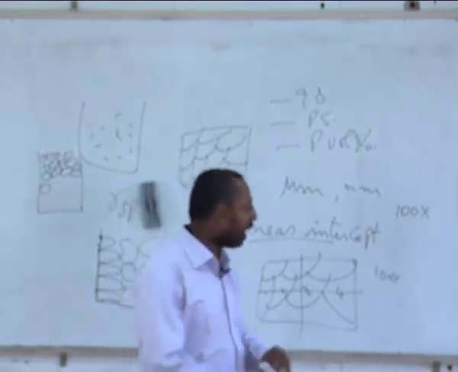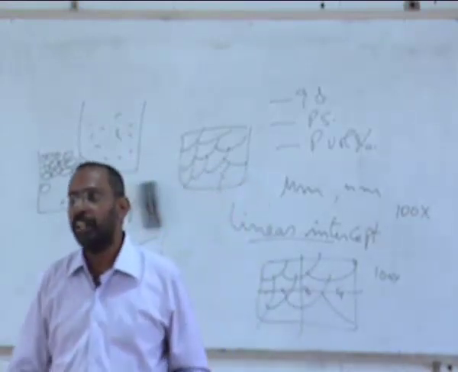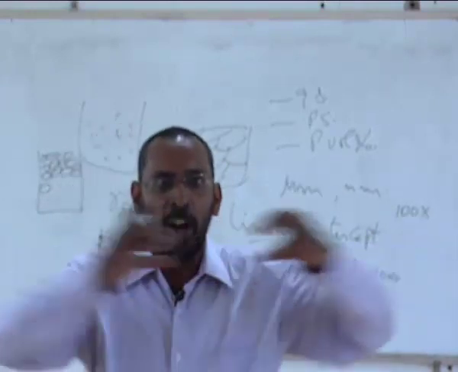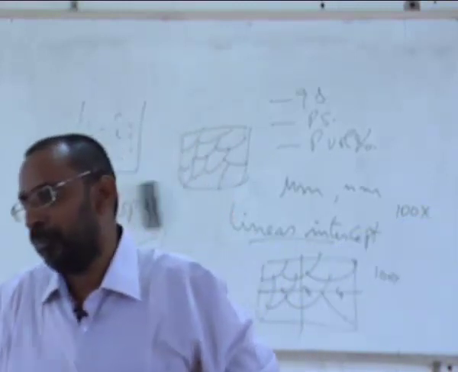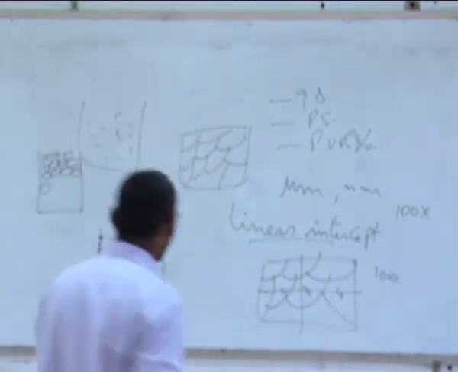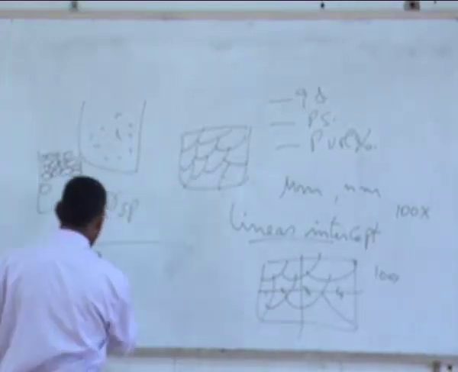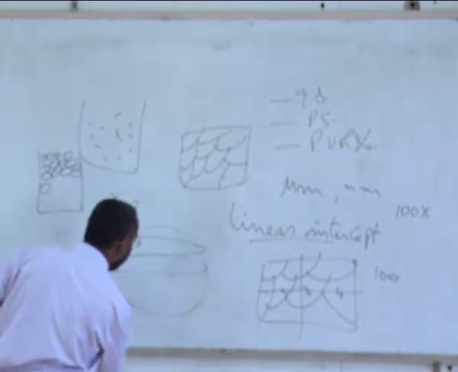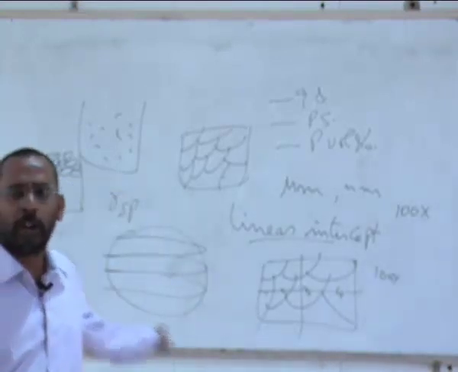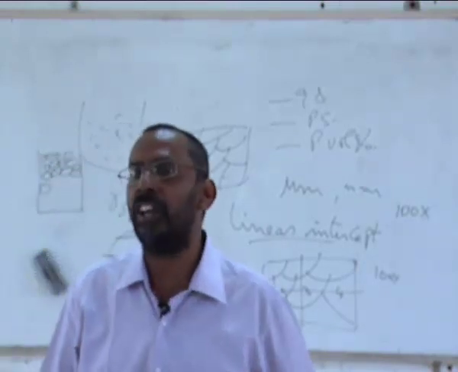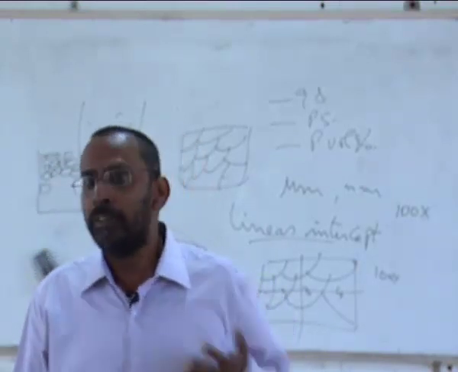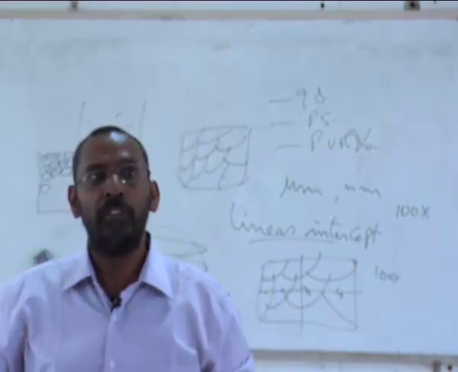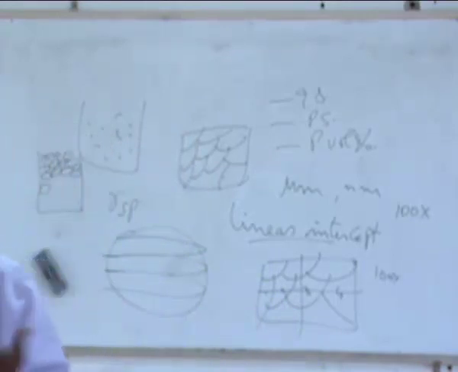This is easy if they are all equiaxed. Then what do I do if it is columnar grains? If my grains are all columnar, all elongated grains, what do I do? Let's say you have grains like this. You need not have columnar grains only in a cast structure. Sometimes if you have a copper which is rolled, you will also have elongated grains, right? So if I have elongated grains, how do I represent the grain size?